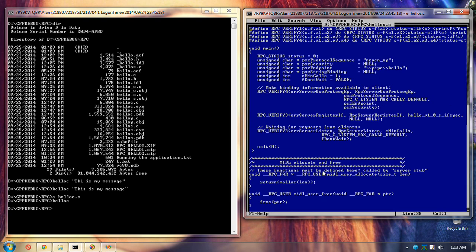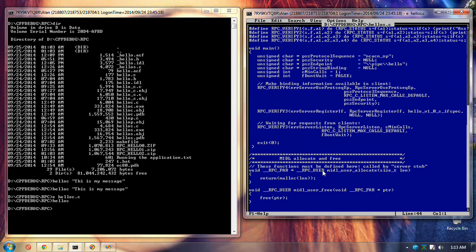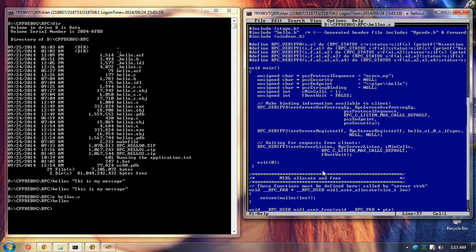And the server, I got my macros back in. I don't need this anymore. I thought I could print this status, but I didn't realize that function doesn't return until the server has been closed down.